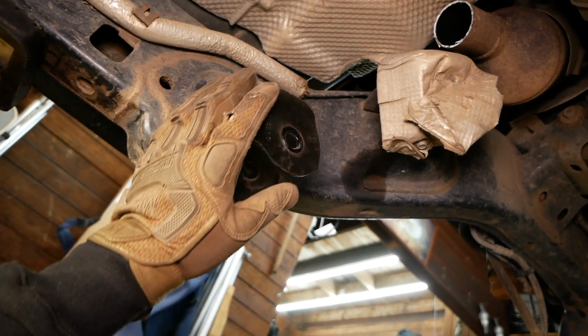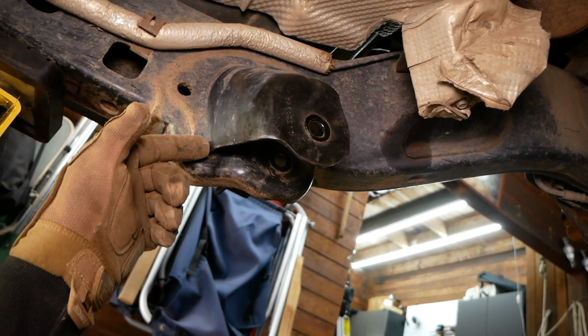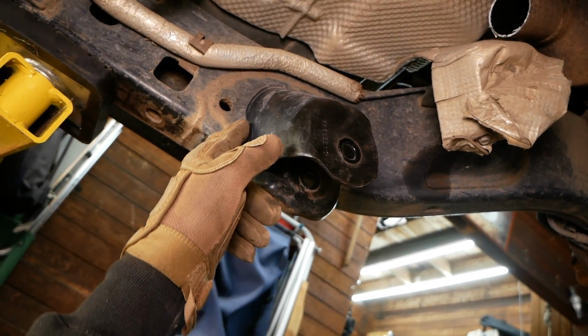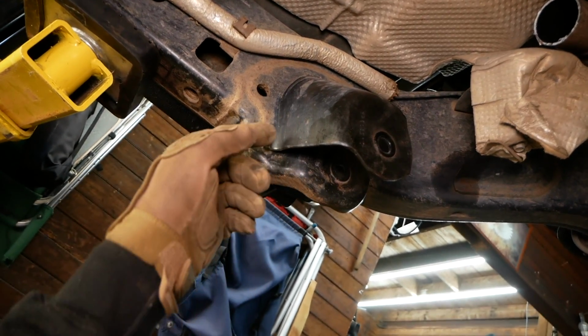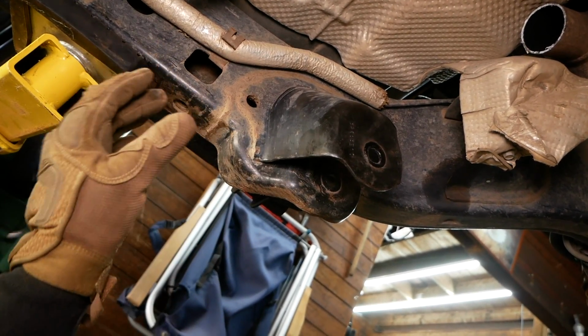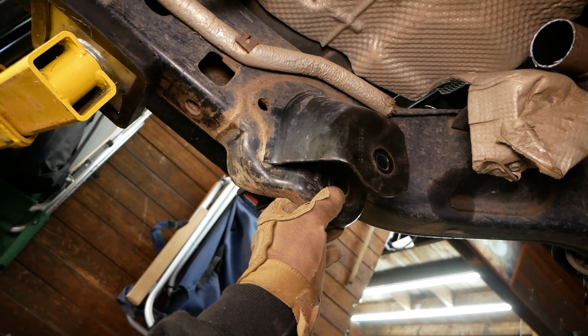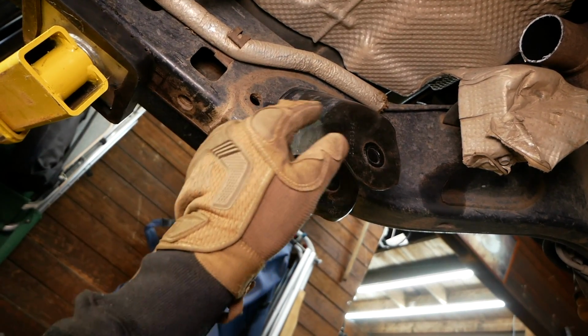So for the front control arm mounts here, we're going to cut off this outer dome shaped piece here by going along the side here, up and around the outside. Basically, you want to follow the line where this mount tapers off and connects to the frame, but you do want to be careful not to cut the frame itself and not to cut through into this inner part of the control arm mount, because once we cut this outer part off, we'll be cutting out a smaller section of